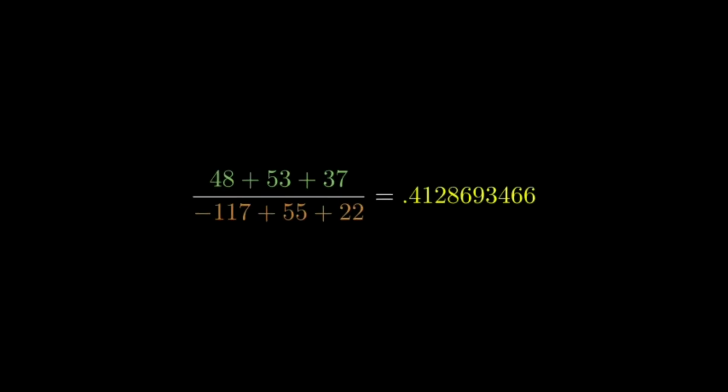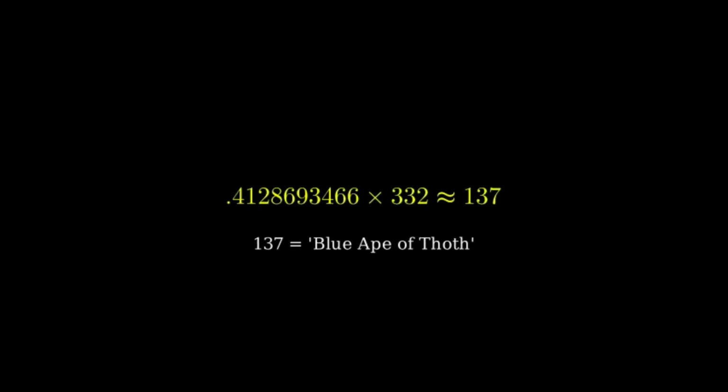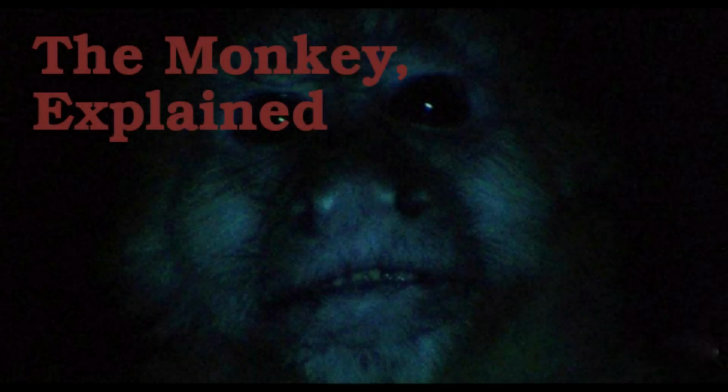So the Book of the Law says divide, add, multiply, and understand. So let's divide the two sets and see what we get. And then we'll add the sum of those numbers together. If we do that, we get 137, which if we look up for gematria collisions, all we get is the term blue ape of Thoth, which in another video I hypothesized was the blue monkey that says Judy in Fire Walk With Me. As a Thelemite, this pleases me greatly,